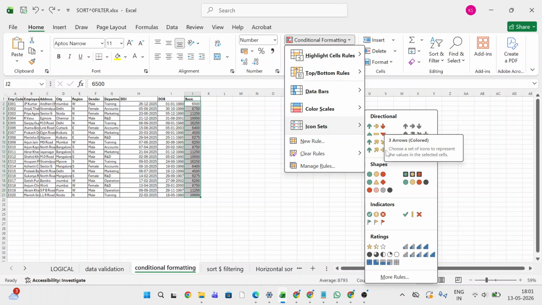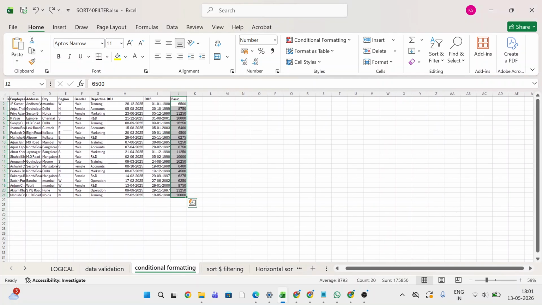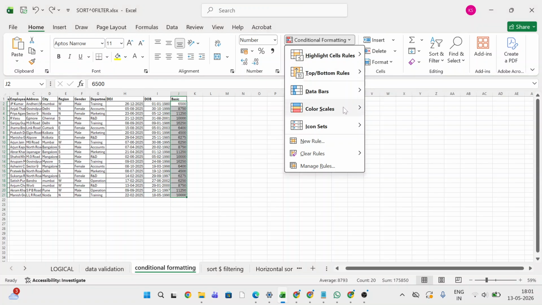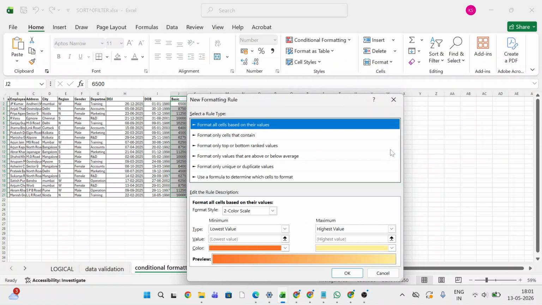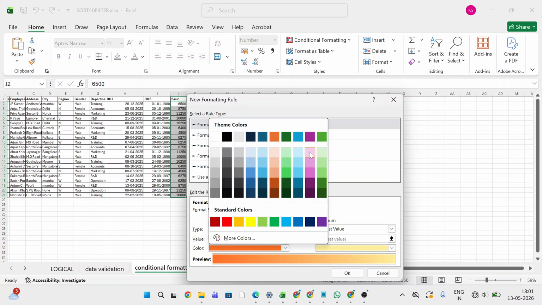So I can get any shapes. I can also create new rules I want. Okay. So let's do whatever we have done before. I've used the colors. I'm giving more rules because I want to change. I'm changing the color here. That's it. I'm choosing purple